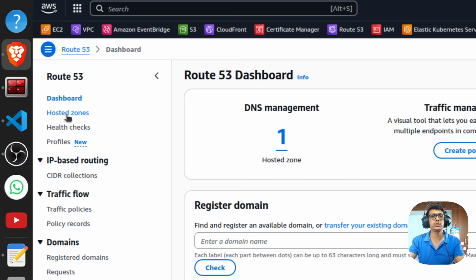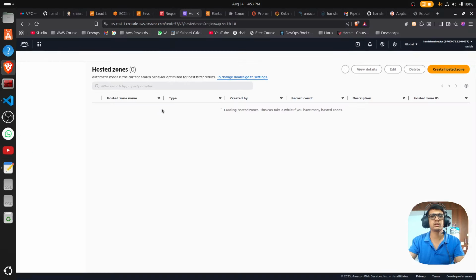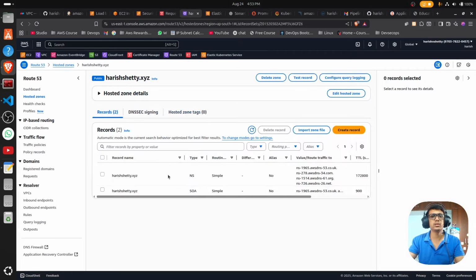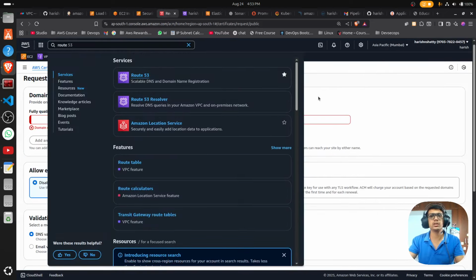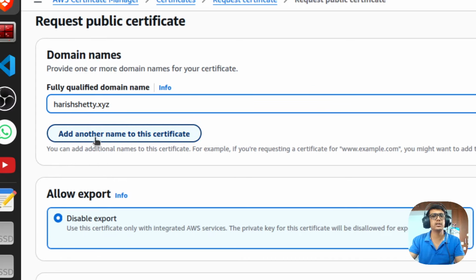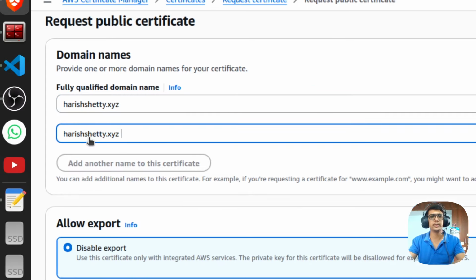Click on the hosted zone here. And here you can see my domain is harishetty.xyz, and come back to the certificate manager and paste it here. And one more, you can see here, add another name to this certificate, paste it, and